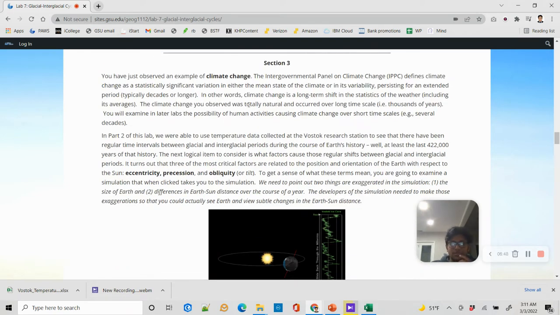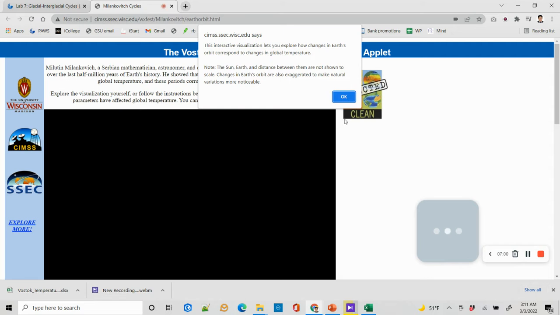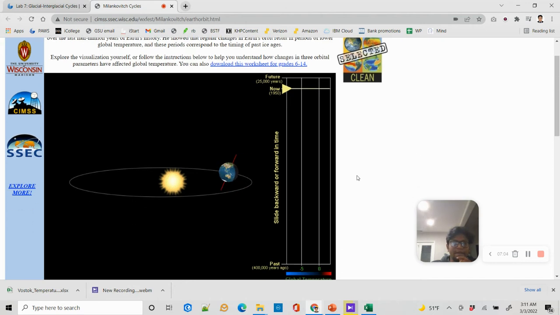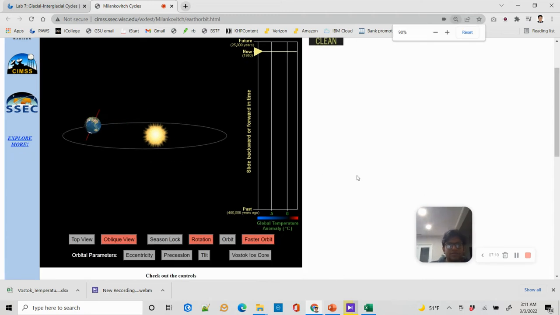So this section 3 is a little bit time consuming for you as well as really important. For section 3, all you need to do is click on this image that will open a section for you. Click on OK, then go down here and let me make my screen smaller. Okay,